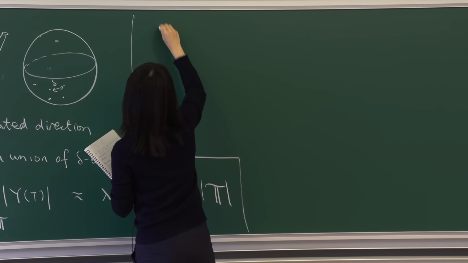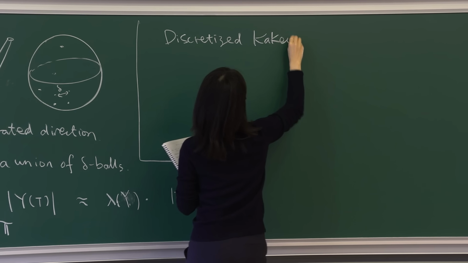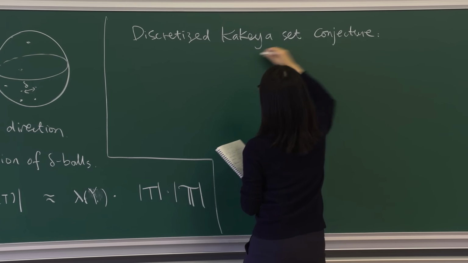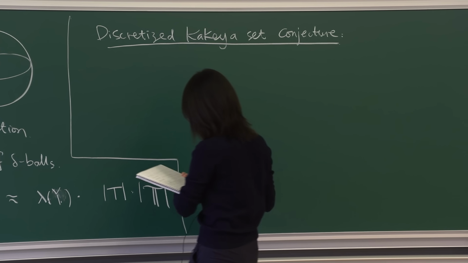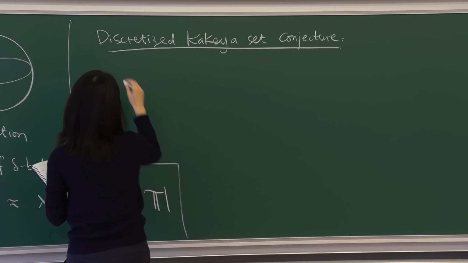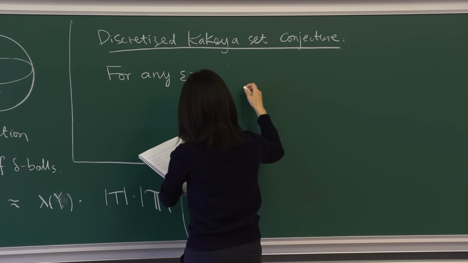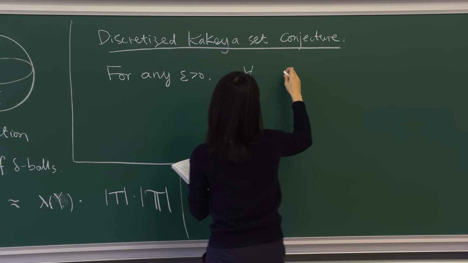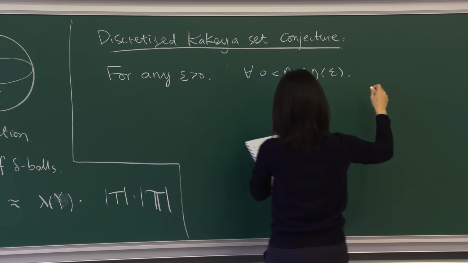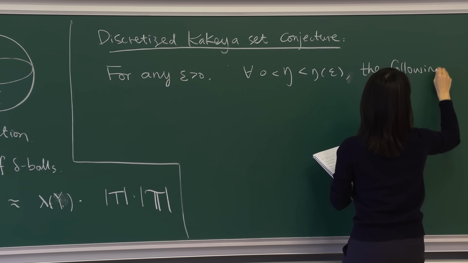Okay. So the discretized Kakeya set conjecture says, and the quantifiers throughout the lectures will always be as follows: for any epsilon greater than 0, for any eta sufficiently small depending on epsilon, the following holds